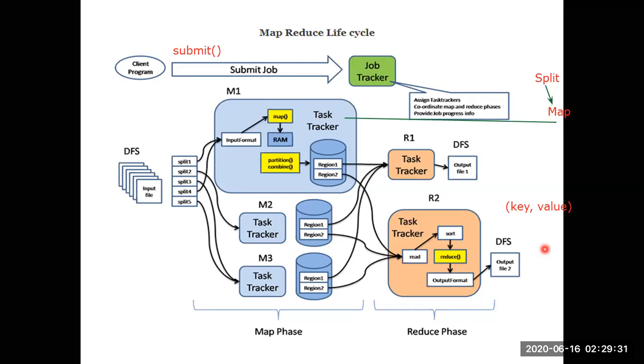If you take finding the frequency of word counts in a program, at the end you will be getting the word and its result. The output format will be like, let me take a word called bird. It is going to be my key, and the value will be approximately 57,326 times it is being repeated. Here this is called the key, and this is called the value. So this is how the map reduce works.